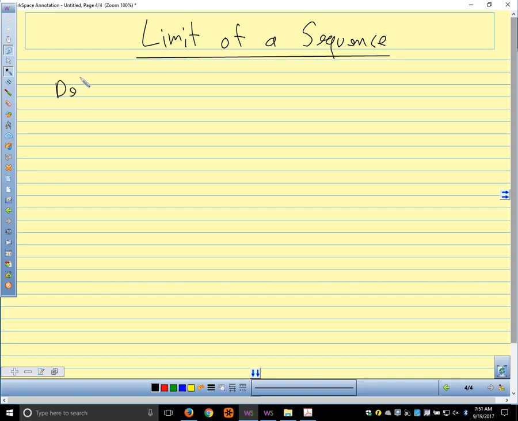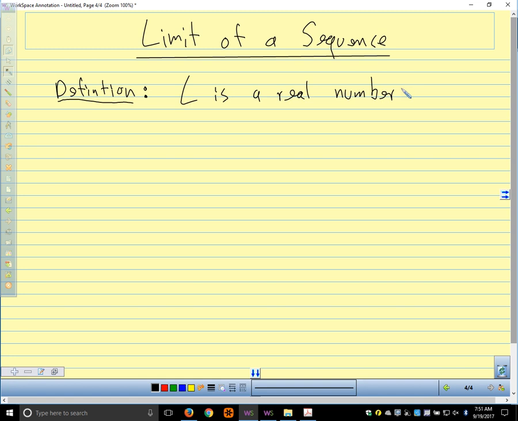So let's talk about our definition of the limit of a sequence. So I'm going to say L is a real number. The limit of a sequence is L, or the way we often write it is the limit as n approaches infinity of a sub n equals L